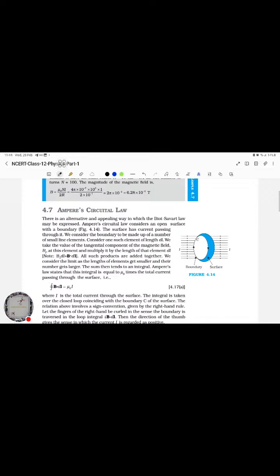We take the value of the tangential component of the magnetic field at this element and multiply it by a length of